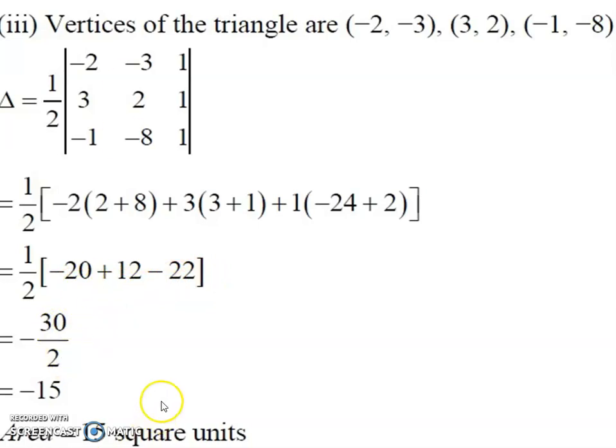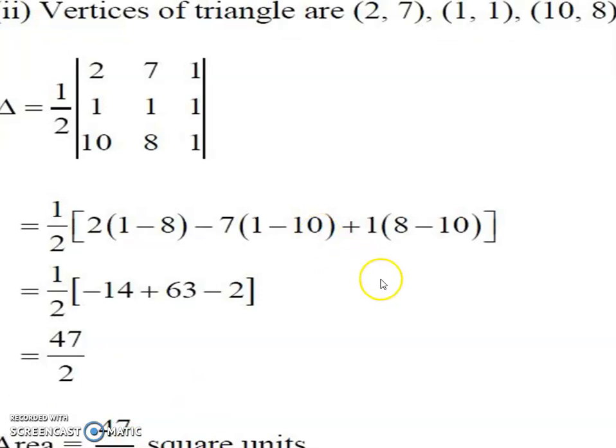So here in this example we derive the answer in the form of a negative number. But we have the formula: minus 1 upon 2 in bracket, determinant x1, x2, x3, y1, y2, y3, 1, 1, 1. So we should take minus, since area is not always negative. So that's why minus into minus becomes plus. So we derive the final answer: area is equal to 15 square units.